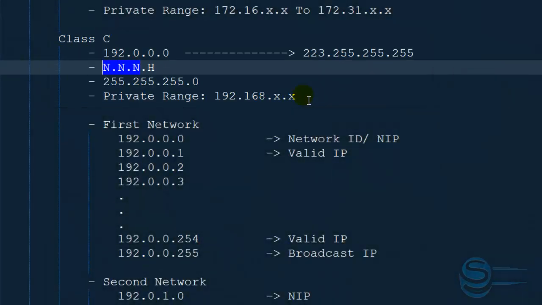I said network: in class A, the first octet is the network; in class B, the first two octets are the network; and in class C, the first three octets are the network. So what is a network? We can say simply that a network is just the network devices which are connected together and are using IP addresses